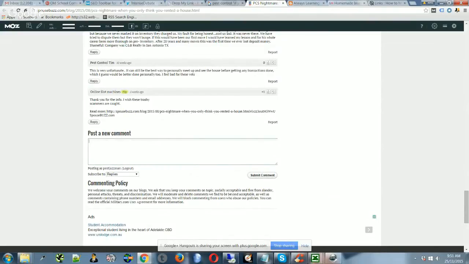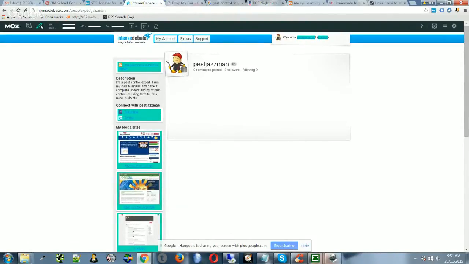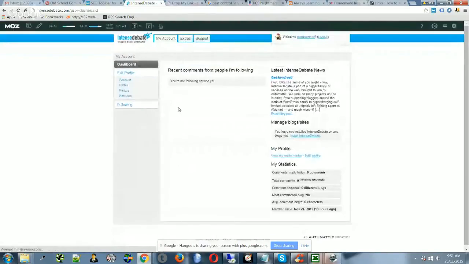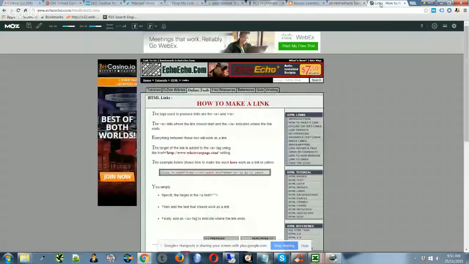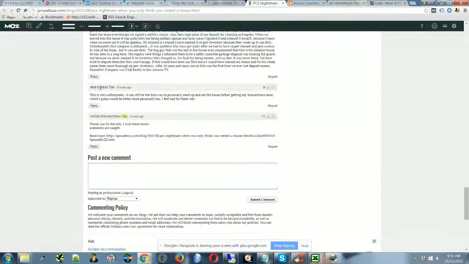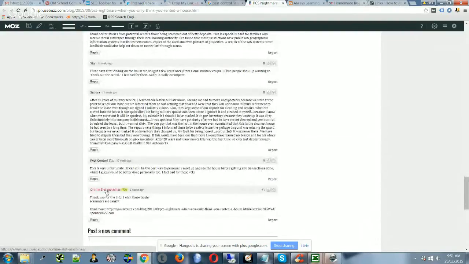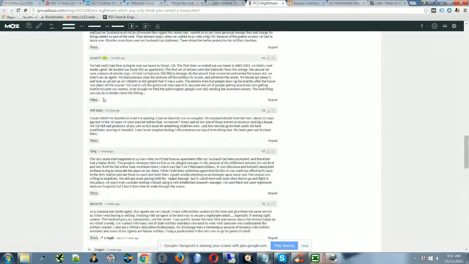approved, if we go back to Intense Debate, to your account and to your profile, and the main site you've actually selected here, that URL, once you've added your link or added your comment, you can actually see some of these here. Their username, this one here's got one. It looks like a bit of spam though. We'll keep scrolling up, see if anybody else has added their. Yeah, this one here is actually an Intense Debate member, so he's added his